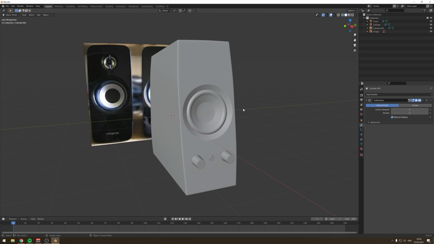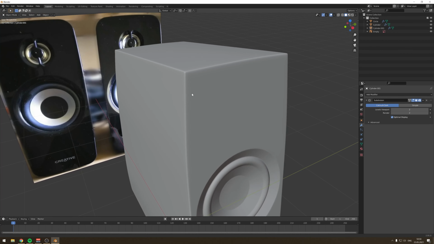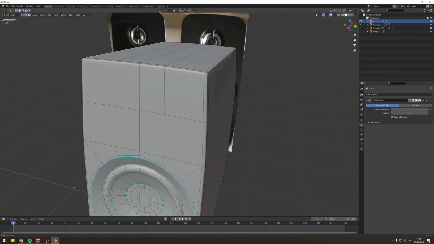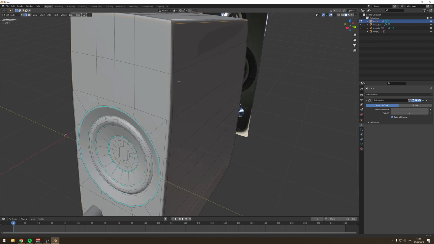So now that we do have the basic shape of the speaker, I want to show you another quick thing that we could do to enhance the quality of this. As you can probably see, we have made it very sharp edges. Like right here, it is very sharp, but on the reference you can see it's actually rounded. And to create that, we're gonna go into the model now, into edit mode, and we're gonna delete these edges we've created here basically. We can remove this one, and this one, and this one,